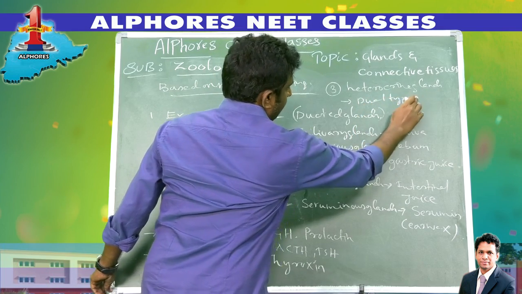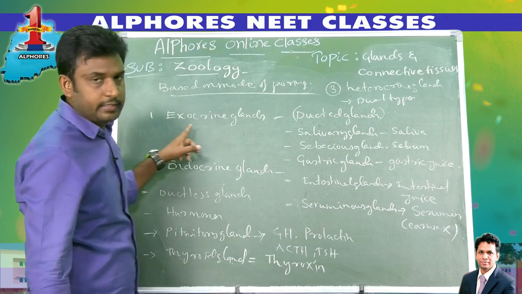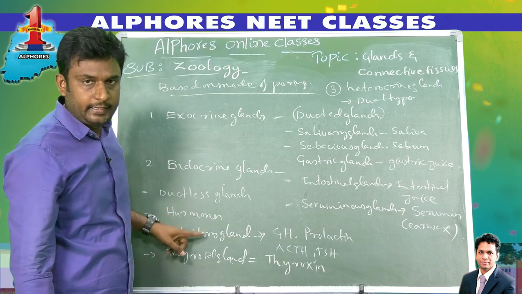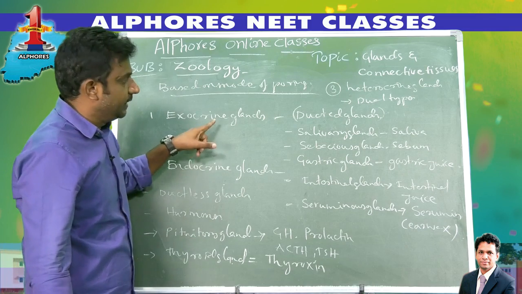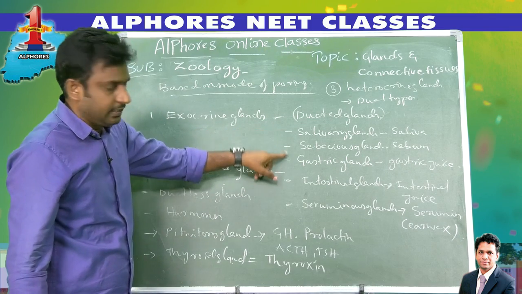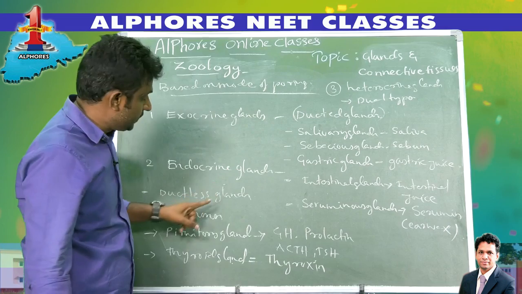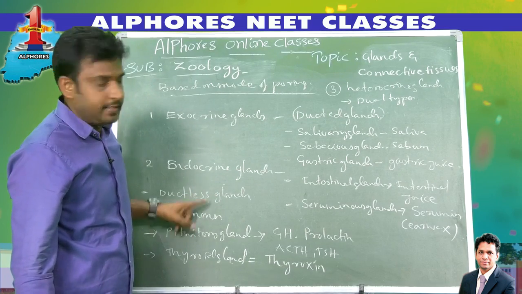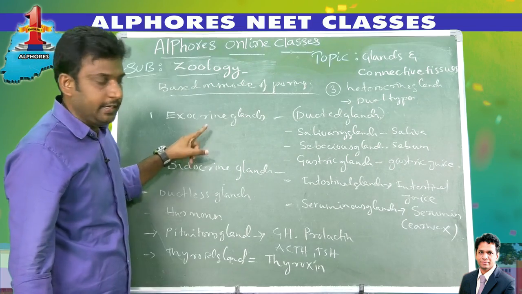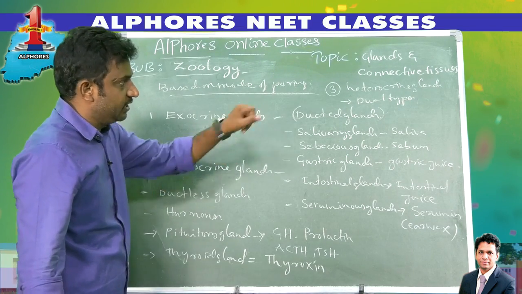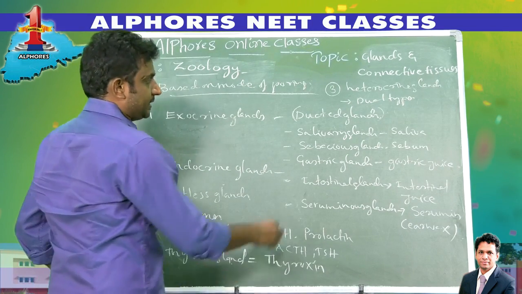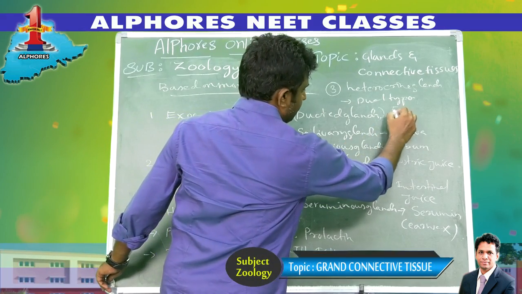Dual type means they act as both exocrine glands and endocrine glands. They release secretions through the ducts, and they also release hormones. Glands that act as both exocrine and endocrine glands are called heterocrine glands. An example of a heterocrine gland: